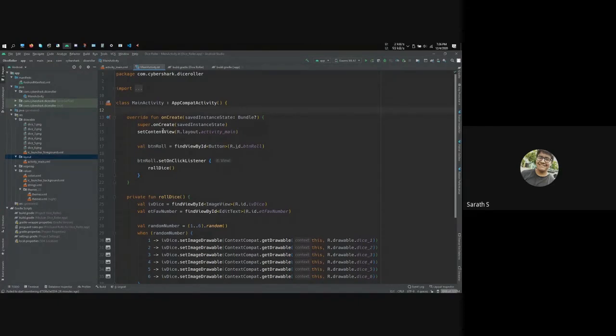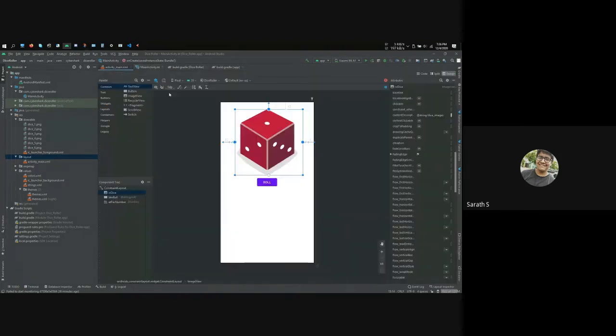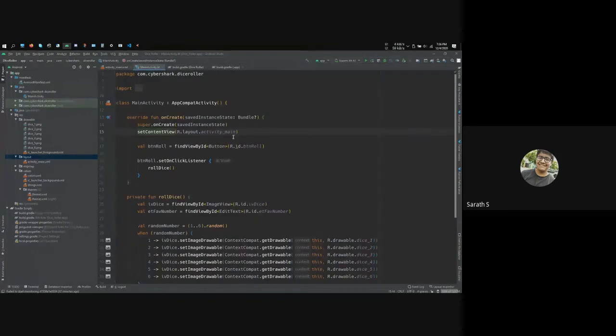So going through the code, this is the main function that displays the view. The layout which we created, right, activity_main.xml, we want this activity to show this layout. So what this function does is exactly that. It uses what's called an R class. R stands for resource.